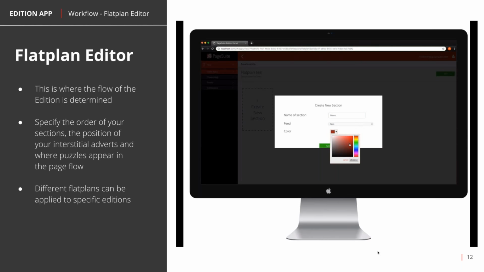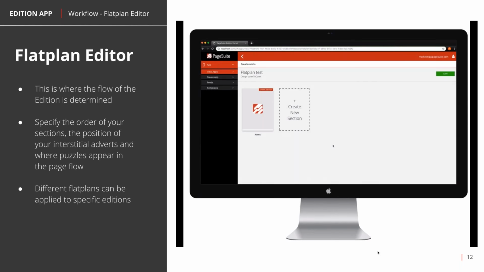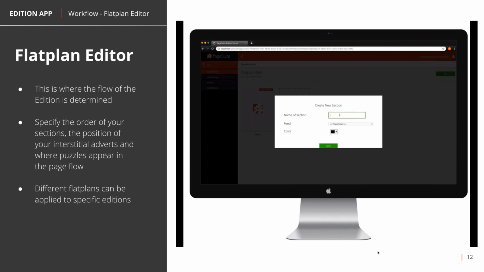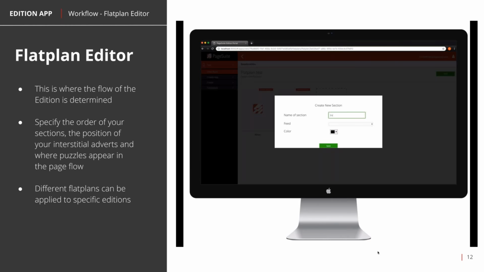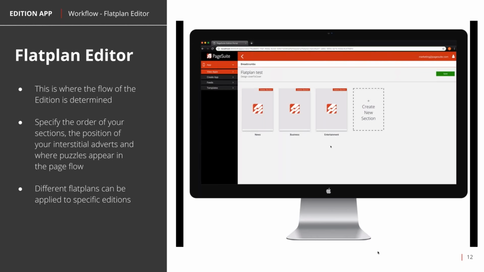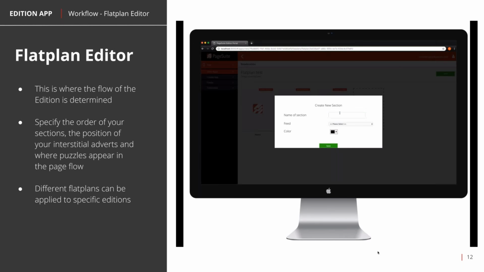But once you go into there, you start creating your sections. So here we've got some pretty standard sections. We've just got news, business, sport, and what we do is we link that up to a feed you created earlier, which comes from your web feeds. That's got your article content in it. We also have the ability to add a color to that. So that color's used to give you a bit of a highlight in the app, so it helps you know where you are, and differentiates different sections. Also you can create one of these flat plans for different days and for different schedules. So once we've completed the sport one here, we'll be able to see how